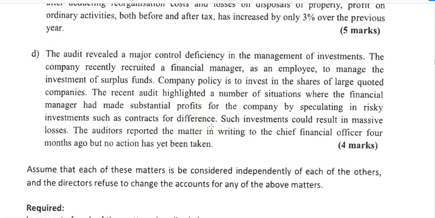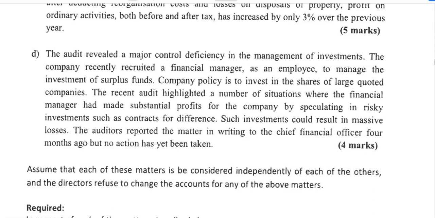So it's not saying there's any issue with the accounts or the financial statements. It's just saying that there is the potential for massive losses. So therefore, this is an example of an unmodified audit opinion where you say the accounts